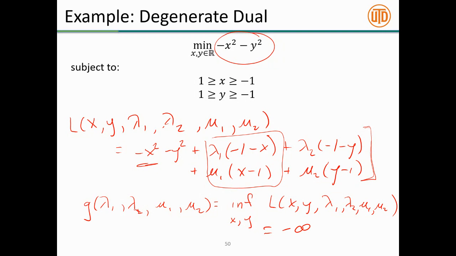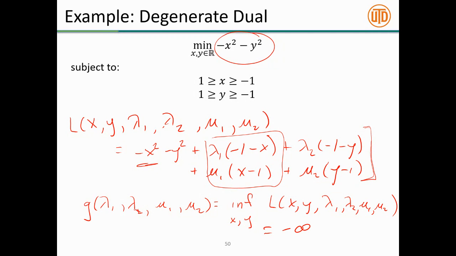That's not a very interesting dual, and it wasn't supposed to be. This is supposed to be an example of a degenerate dual formulation. The reason I'm doing this example is to point out that you can easily end up with situations where the Lagrangian can run off to negative infinity, and this is sort of the worst case that can happen. It runs off to infinity everywhere. It doesn't matter what value of the Lagrange multipliers you plug in, the thing always returns negative infinity. So it's just not even an interesting function of lambda and mu.